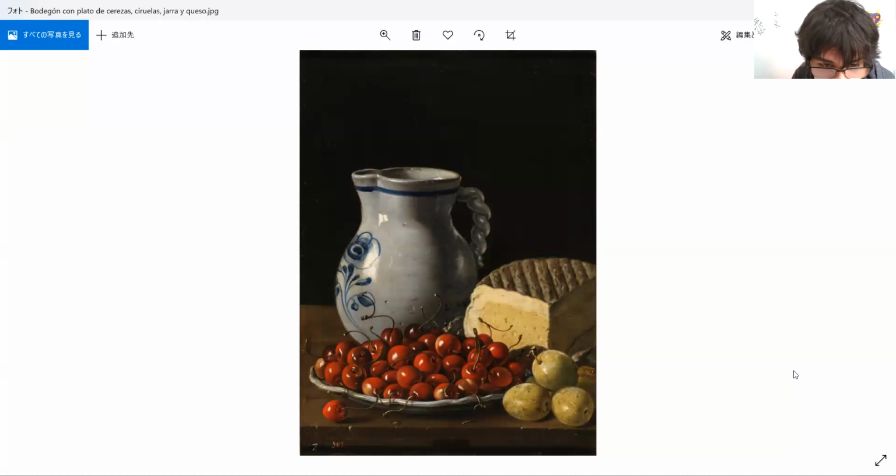Also, the plate doesn't seem to have them that much as well, even though you could see that it does have it a little bit faintly, but not as notably as, for example, the jar, right? So